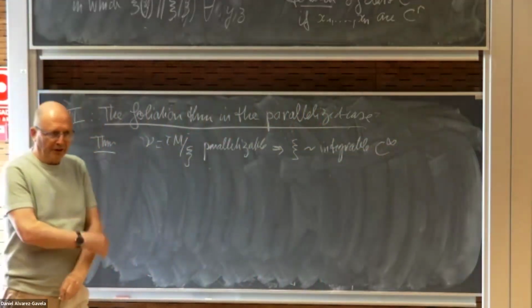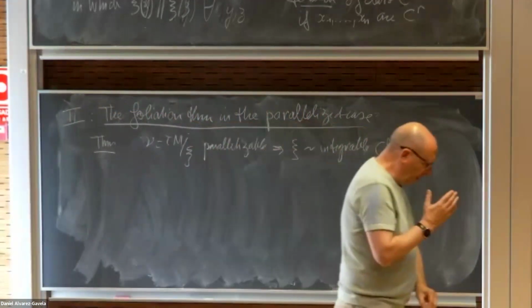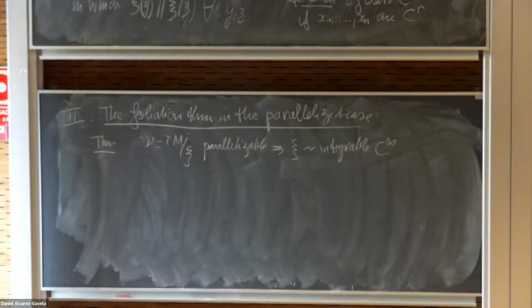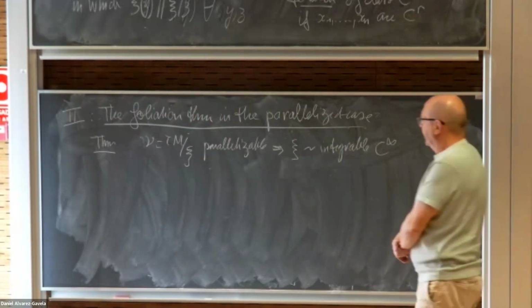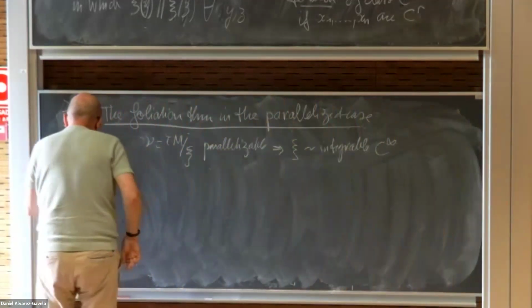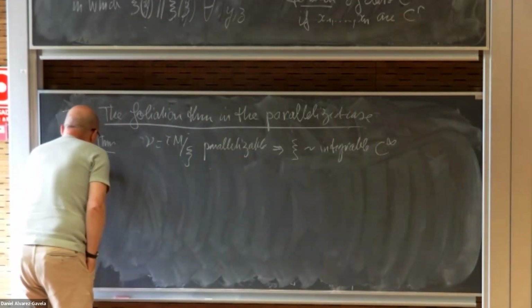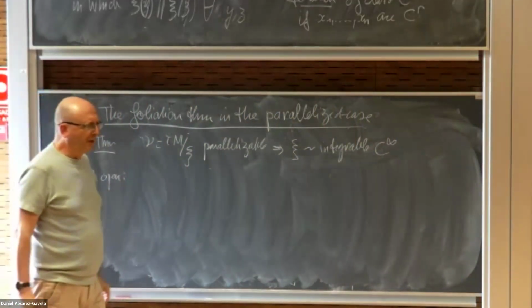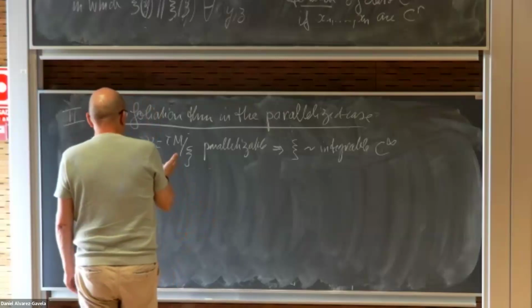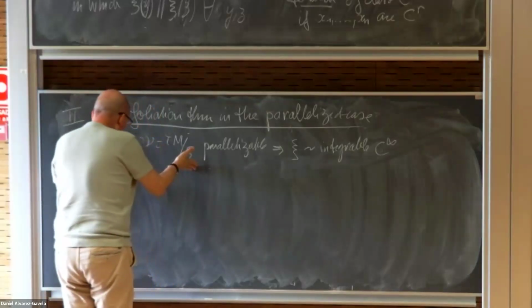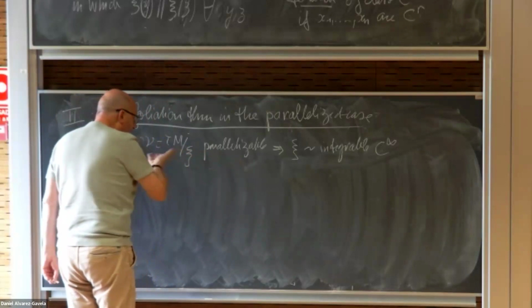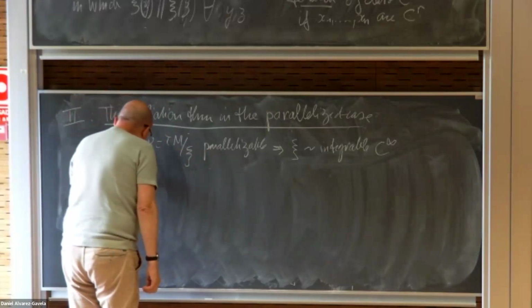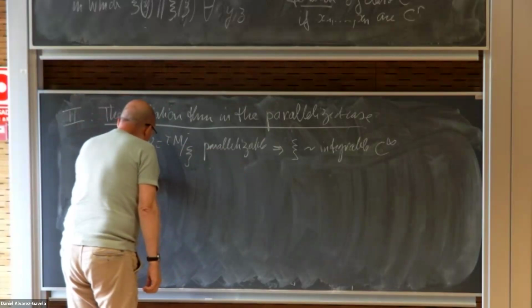And actually, there are two cases, M open or M closed. For M open, it was already done. What happens for M open? Well, such a Xi, this formal data, amounts to saying that Xi is the kernel